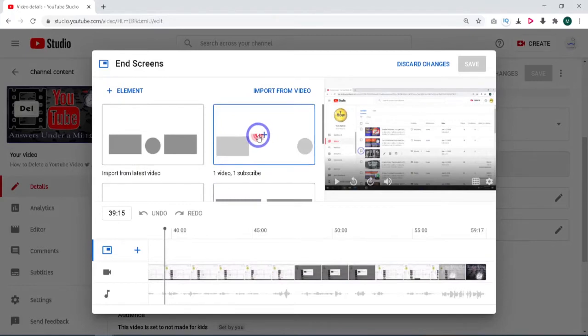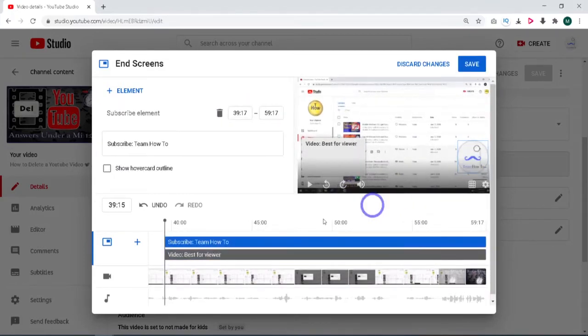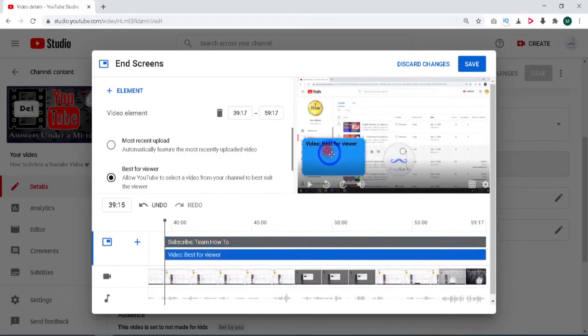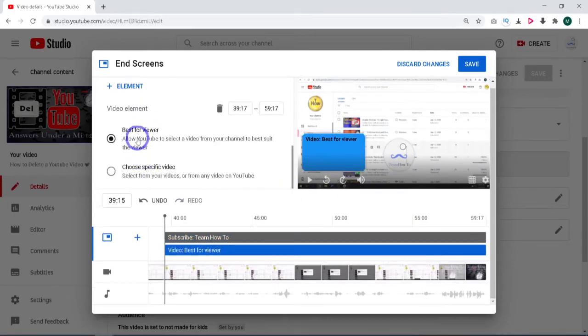one, for instance, has a video and a subscribe button. I'll just show that. So if you're on the subscribe button here, you can see it's lit up. I can move it wherever I want. And you can see it lined up there. That's great. Now if I want to switch to this, I can come here, choose the best for the viewer,